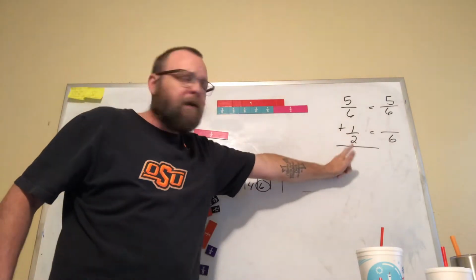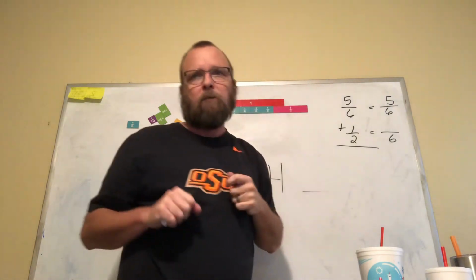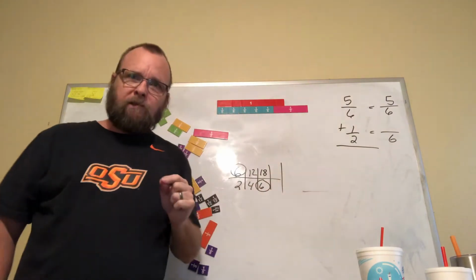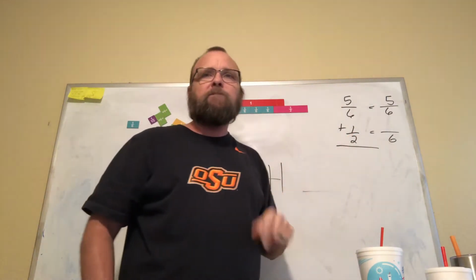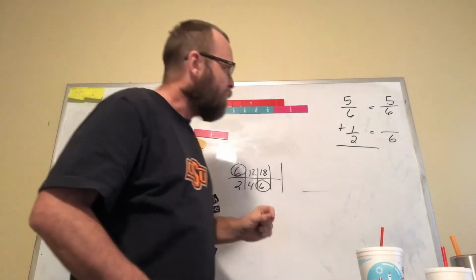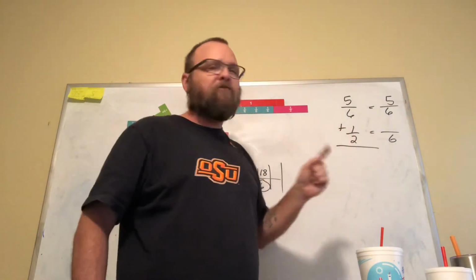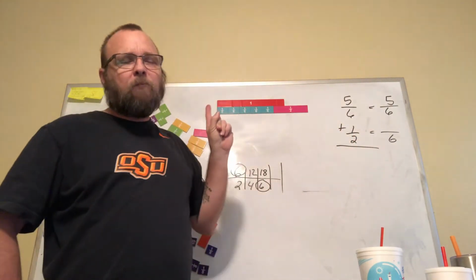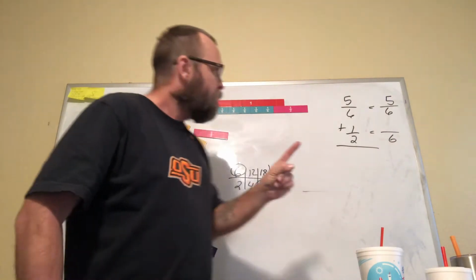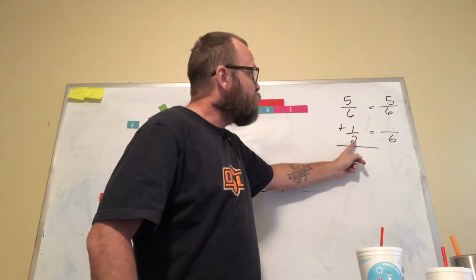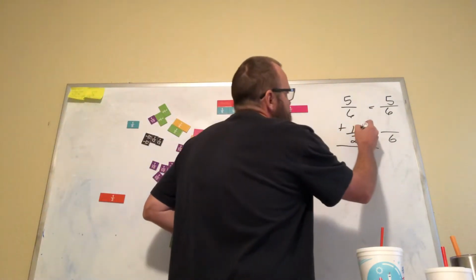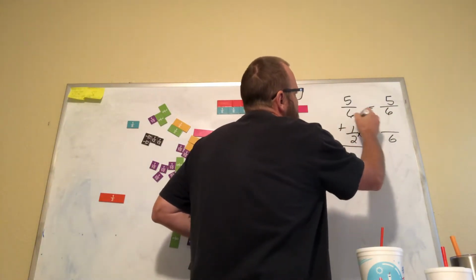So I need to know how to find equivalent fractions, which is something we did as well. We're going to take 1/2, and we're going to change the way it's written so that it has a denominator of 6, but we are not going to change the value. So we're going to multiply the fraction 1/2 by 1, because anytime you multiply something by 1, it stays the same. So what I'm going to choose is 2 times what is 6? 3. 2 times 3 is 6. So if I multiply this fraction by 3 over 3,